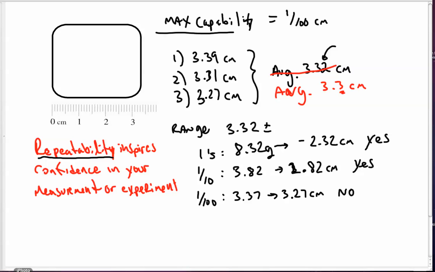Alright, so we just discussed the confidence procedure, and I had shown you a little bit how to carry out the confidence procedure. So what the confidence procedure is telling us is that our measurement is really about 3.3 centimeters, and anything beyond the tenths place really isn't giving us any information that we truly have, because there's too much variability beyond that. And if you look at these numbers, most of you would agree that it's right around 3.3